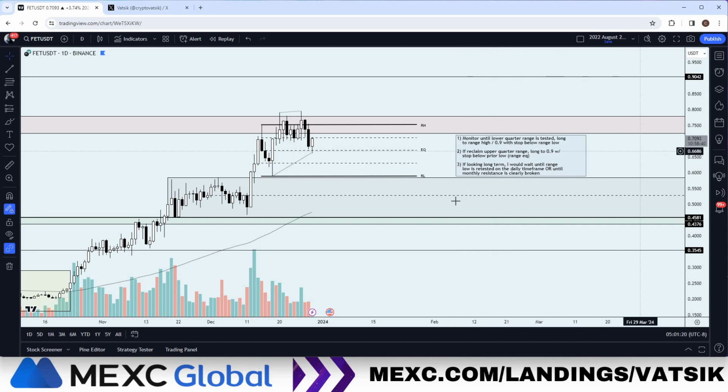Okay, so there's basically 3 scenarios that I see. My preferred scenario is one, which would be to monitor until the lower quadrant or lower quarter range is tested. So assuming that this SR level up here fails to reclaim, we breach this low and we continue to come down with a sell-off. We retest that quarter EQ here of our range, look for another breaker structure on the low time frame, okay, put in a low, confirm the low,